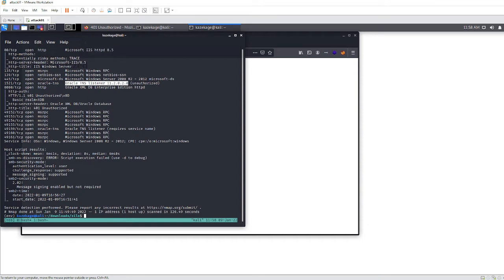So Oracle TNS is a listener. All right, it's a listener that Oracle uses to manage requests going to the database server. Okay, so clients that are trying to interact with the database server, they have to talk to the listener first. Now there's a vulnerability that we found in this listener. Okay, if we just Google this right here,